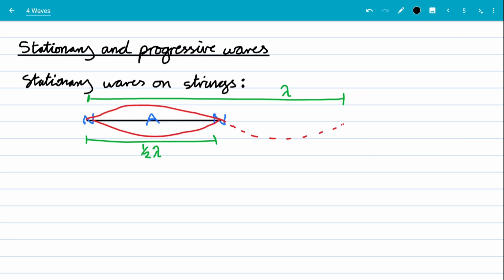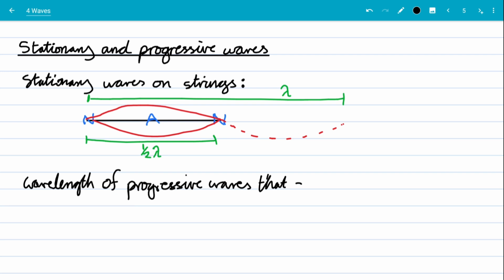We can say that the wavelength of progressive waves that are added to form a stationary wave. Remember, I write this because it forces me to slow down, and it gives you time to draw your own notes, write your own notes at the same time. So wavelength of progressive waves that are added to form a stationary wave